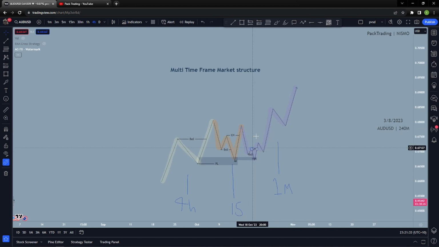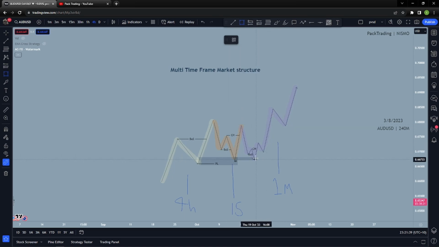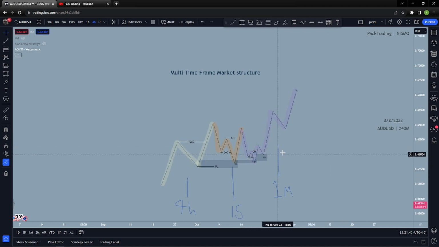Now what do we do? After a choch we expect a pullback, don't we? So let's place our lower time frame demand now. That's our lower time frame demand. What happened? After the choch, it gave a pullback. It tapped into our lower time frame. We would probably have a buy limit here. We would buy. We would go long